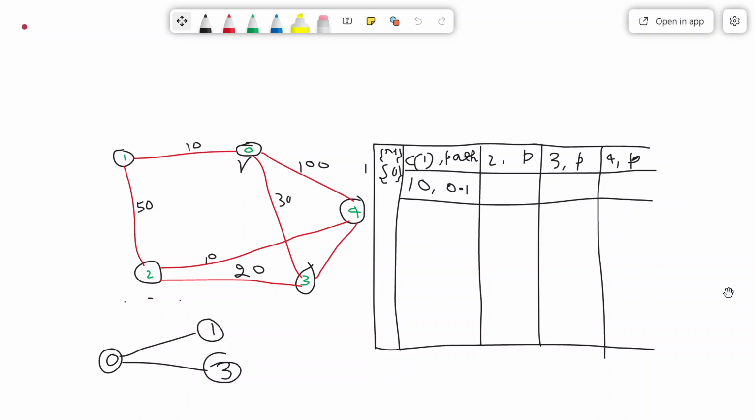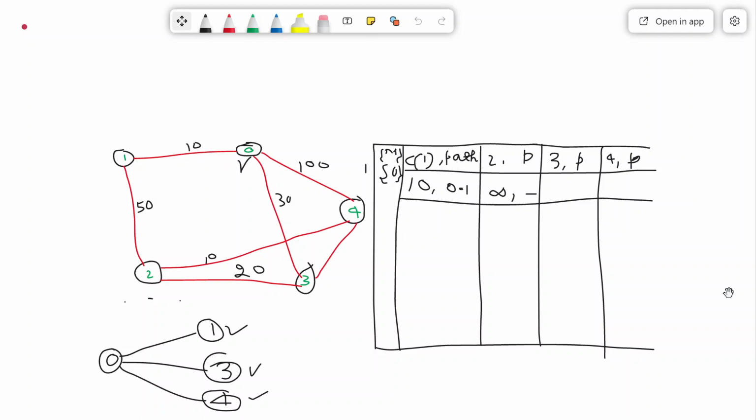So what is reachable from 0? It is 1, 3 and 4. So only 1, 3 and 4 are neighbors of 0. So only their cost is going to be considered. The rest of the cost is infinity. If the cost is not known, I will just assign infinity. And the path, there is no path.